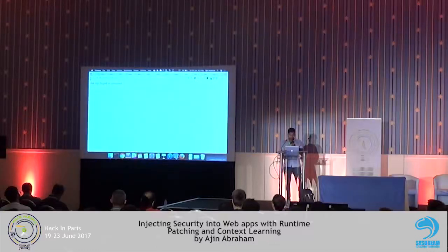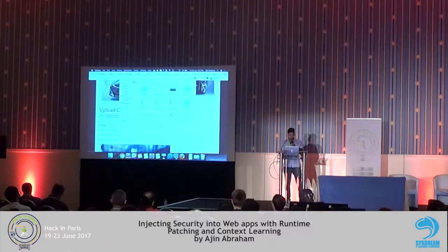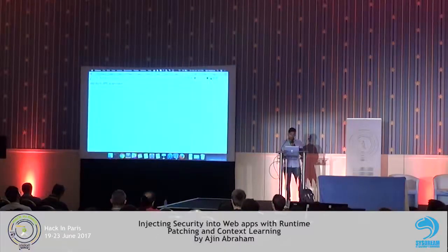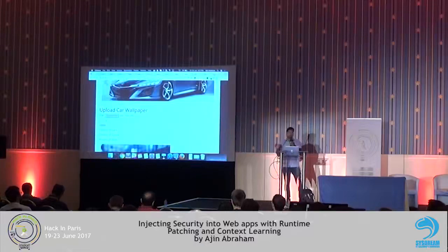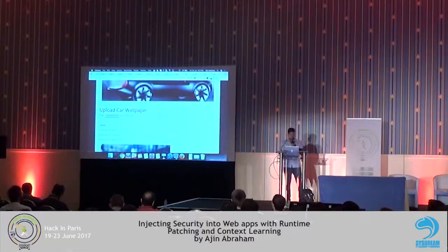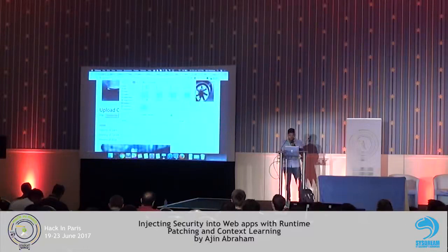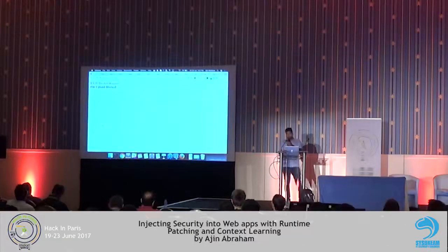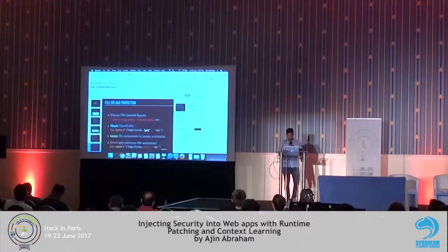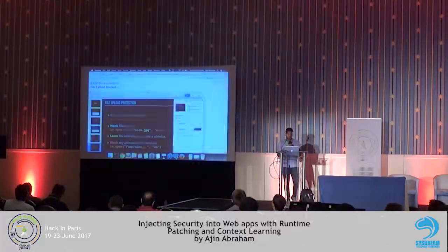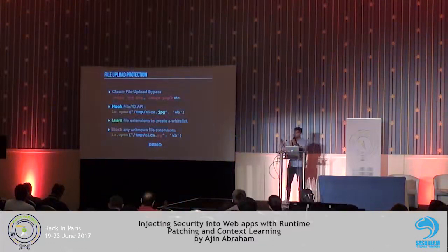Upload works fine. Let's try to upload a different kind of file as well. Works fine. And the next time, by this time it should have learned what files it should allow to upload. And now if you try to upload a different file, like a Python file, it should block. So those are some of the things that you can do if you do runtime instrumentation of critical APIs